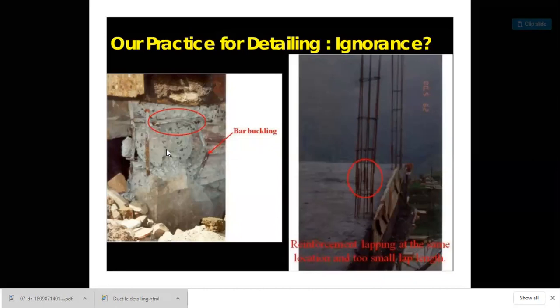So such types of ignorance, such types of parameters we have to take care about, the filling of the concrete on the steel reinforcement. If such concrete is open, that steel member is open, then there is automatically a reaction between the air, water, that is the air moisture, and the steel will be produced, and that will affect the strength property of the bar, that is the steel. So we have to make sure that such types of reaction, that is the corrosion reaction, we have to reduce for achieving the ductile detailing of the RCC members.